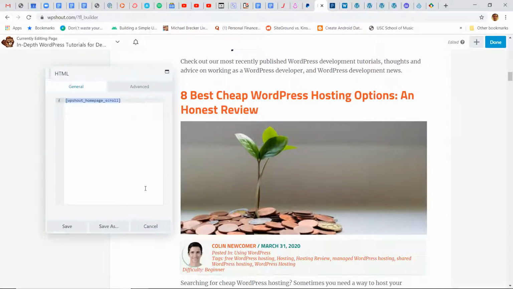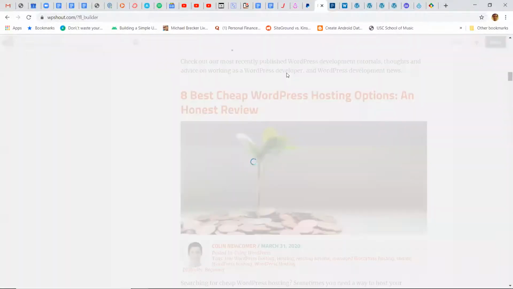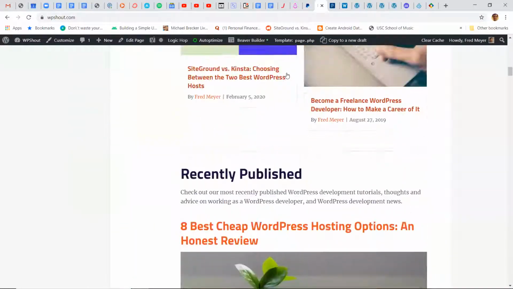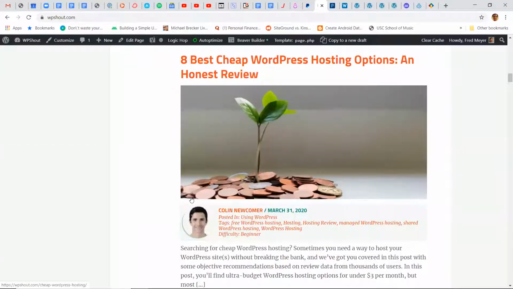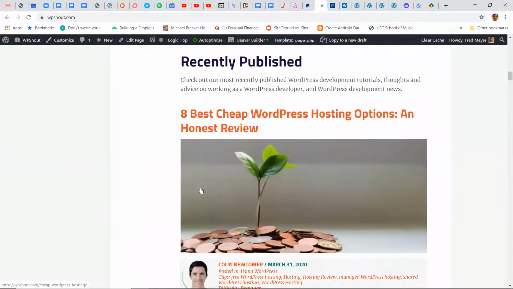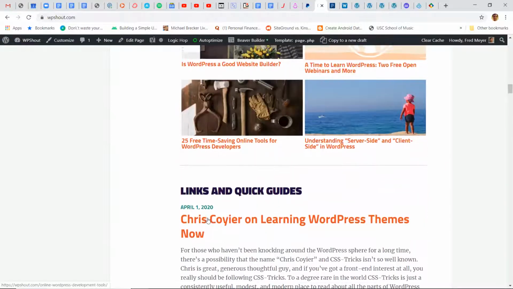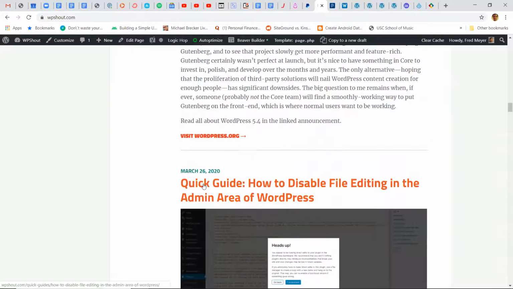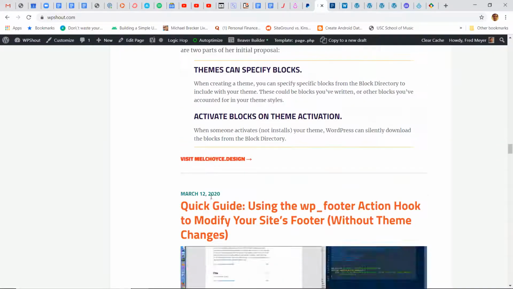Yeah, so the whole scroll on the WP Shout homepage is just a shortcode that is hooking in a ton of PHP functionality that actually creates this scroll. So it's all PHP saying, show me the most recent article. And then in this 2-column layout, do the next 5 most recent articles, and then do a reverse chronological scroll of your link and quick guide content types, showing featured images for quick guides, but not showing them for links. So all of that is PHP.